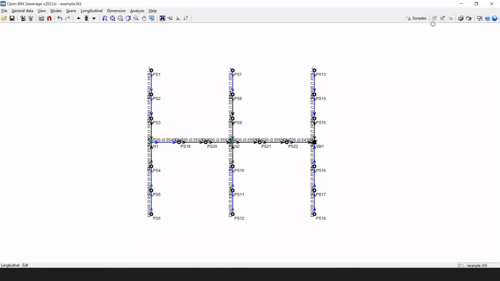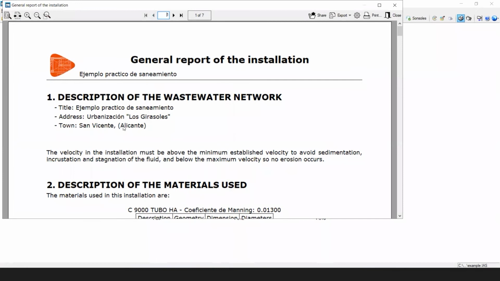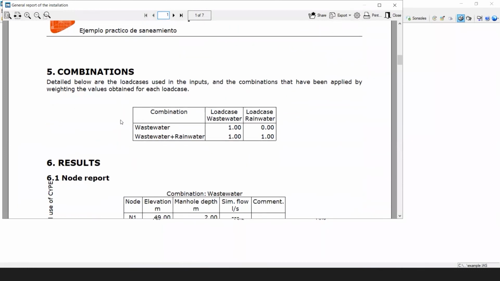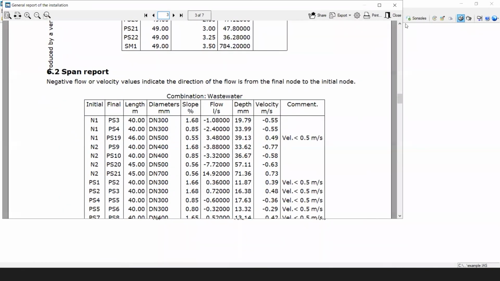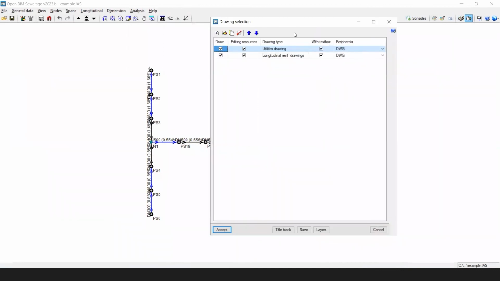But let me show you, because we have plenty of reports and drawings that we can generate. And that's right here on these icons. If you click here, reports, it will give you endless kinds of reports that we can generate. This is the most complete one that I can generate. It comes with the description of our job, a description of the materials we've used, the formula we have used, the combinations, the node report, the span report. And actually you can also generate those drawings that you were asking me about earlier. I've generated two, but you can generate and